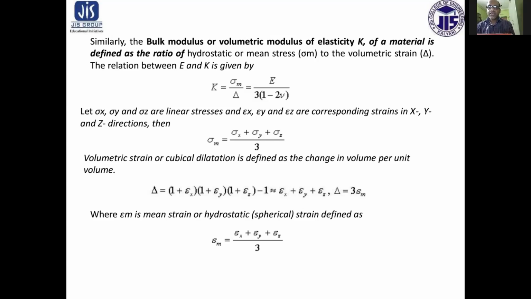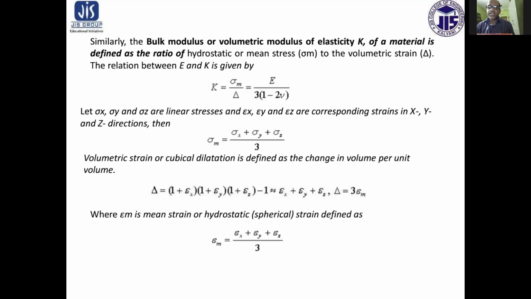Let sigma x, sigma y, and sigma z be the linear stresses, and the corresponding strains in the x, y, and z directions. Then we can find that the mean stress equals (sigma x plus sigma y plus sigma z) by 3, and the volumetric strain, or cubical